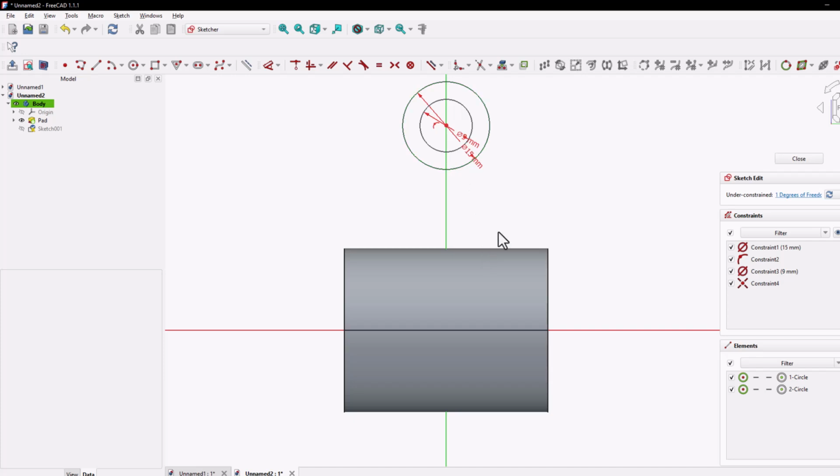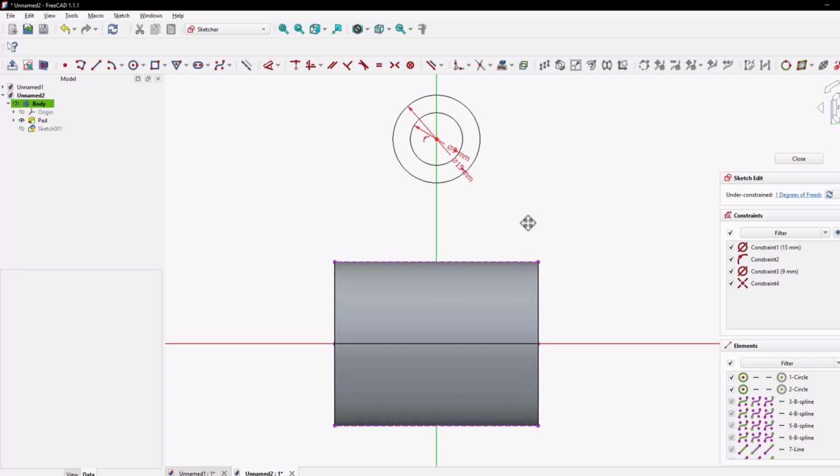To do that, we will first convert this cylindrical face into construction geometry. Turn on the construction geometry option, then use the project tool and click on the cylinder. Now our geometry is converted to construction.